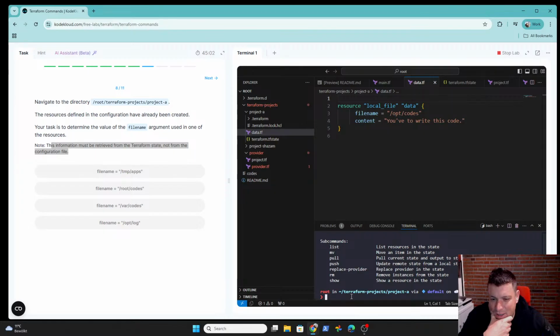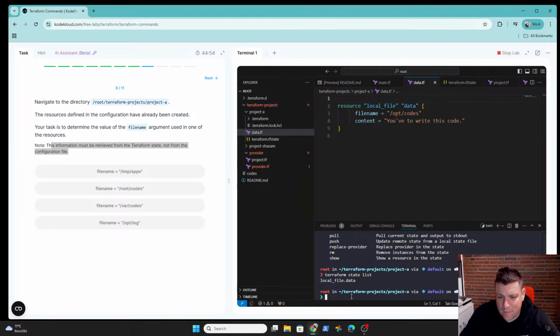It is so late and I'm so bad. State list. Let's see. Terraform state show.